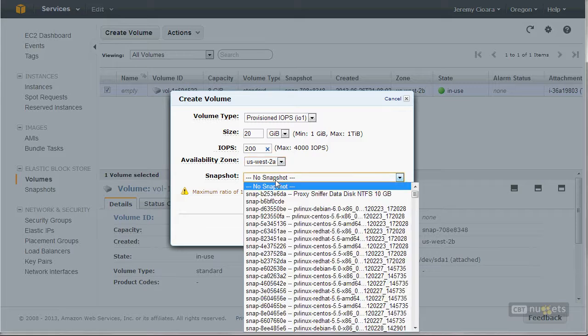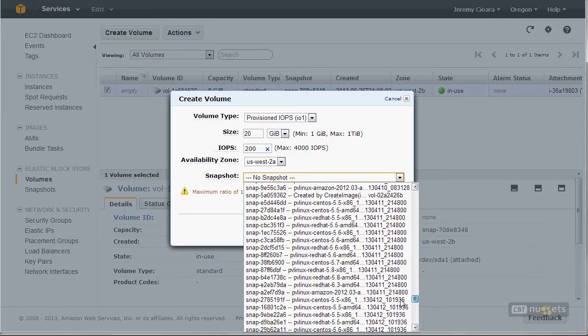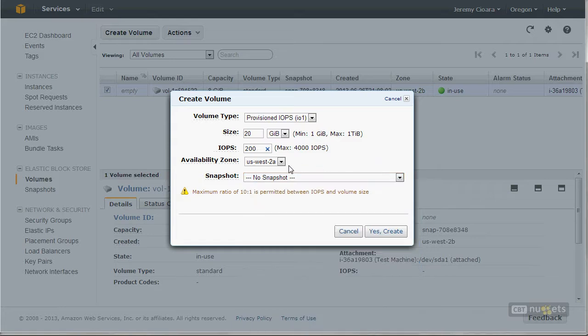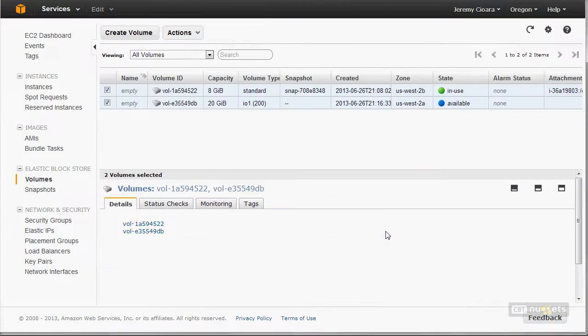And then, do you want to base this EBS 20 gigabyte volume off of a snapshot that's already there? Now, at the top of this list, you'll see some of the snapshots that you've created, and then as you go down, it's just this big gobbledygook of mush, which is all the snapshots, or many of the snapshots, I shouldn't say all, that Amazon uses when they generate their instances. So if I wanted a CentOS 5, now honestly, I have never used one of these. I'll use the AMI itself rather than grabbing the volume, but you can actually grab it. So this would be like stealing the hard drive out of one of the AMIs that are used to automatically generate Amazon machines. Now, I'll come back to that snapshot in just a moment, but I'm going to hit create,